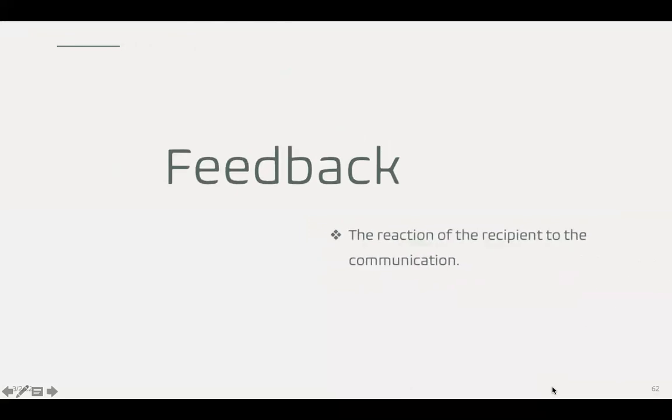In information overload, due to technological advancement, there is a tendency that managers will be overloaded with incoming messages that might lead to overlooking important data and information related to the organization. And lastly, we have feedback. The reaction rather of the recipient to the communication. This reflects how the receiver reacts to the communication forwarded to him and how he follows the instructions therein. If he clearly understood the instruction and follows it according to the view of the sender, then the